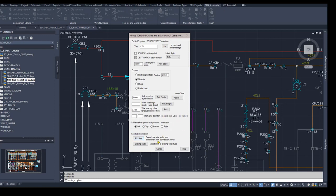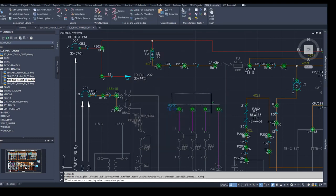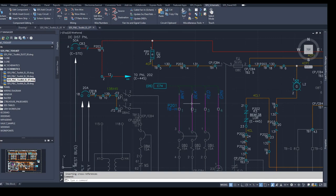Or if there's already wires drawn, you could select from the ends of the existing stubs. So I'm going to, again, window around the drawing, being careful just to select the 4 upper wire connections. Again, turning to red diamonds. Just like before, I'm going to drag this upright and over. And you'll see the tool again finishes all of the work for us, copying the component tag and cable information from the initial component, and it places in the source destination markers,